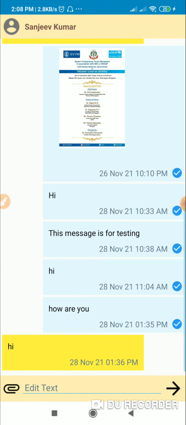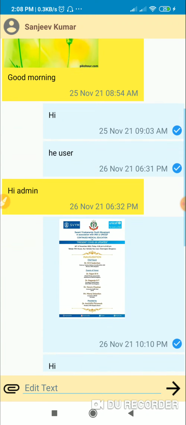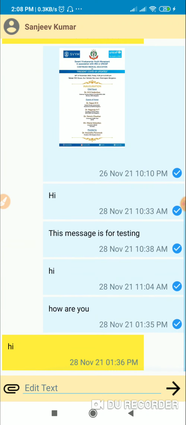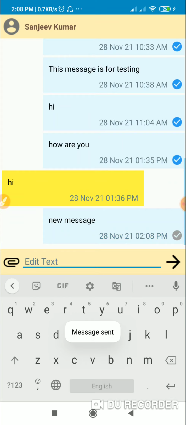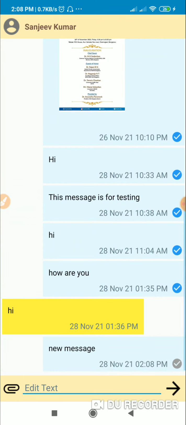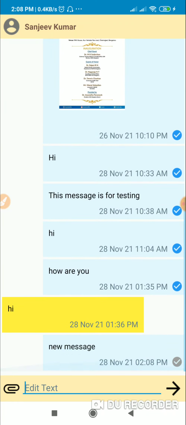So when I click on message, I move to this chat activity, the private chat activity, and here you can see my messages are on the right side in blue, and if I see a blue tick, it means the other user has seen my messages. Now if I send a new message, it will not show the blue tick, meaning the other user has not seen this message. But if the other user logs in, he can see my message, and then I will be able to see the blue tick.